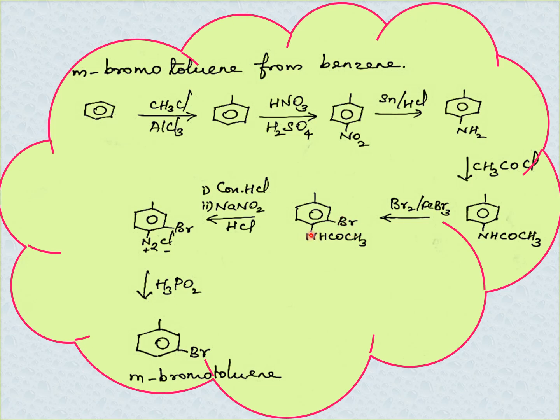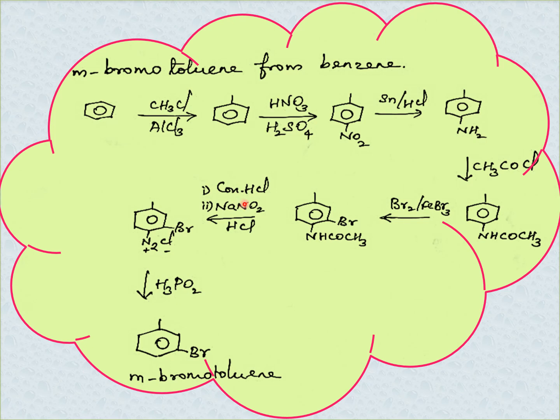So depending upon the position of the anilide, it decides the incoming bromonium ion. It goes to the ortho position to the anilide, and after the introduction of bromine to the ortho position, similarly it is meta to the methyl group,